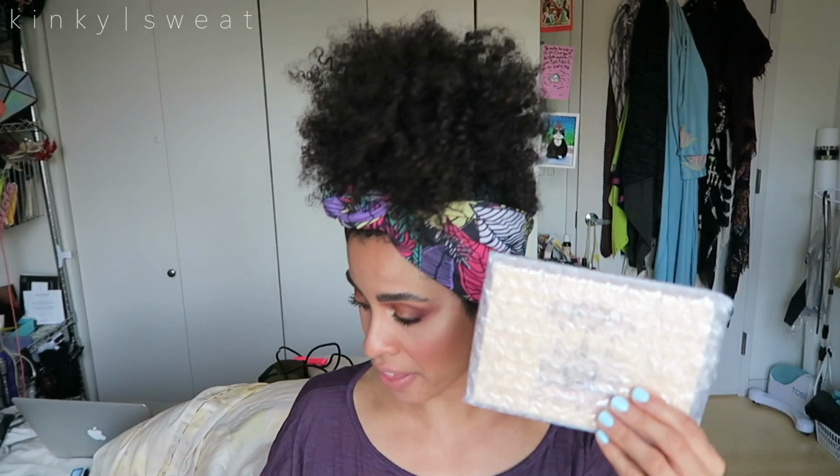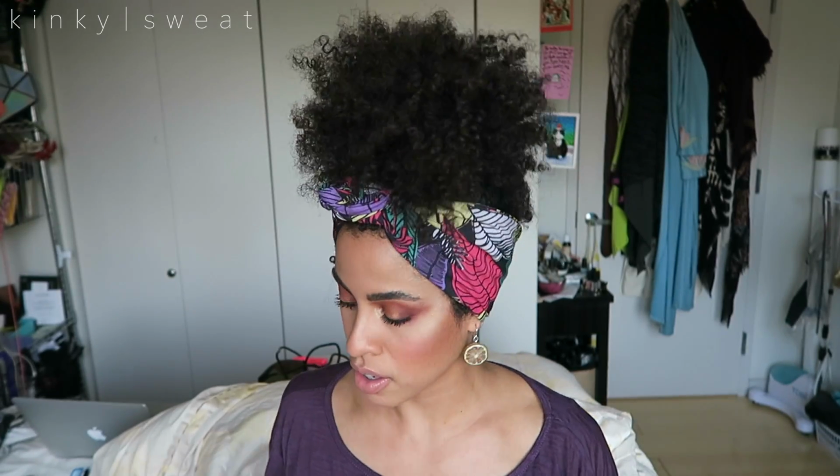Packaging is great. It comes in a box, and in the box you have your bubble wrap sleeve, which ensures that the pans will not crack while in transit. Both of them came like that, and the boxes themselves were well insulated in the carrier box, which is good to know. Confident that you will not end up with broken makeup. Very simple packaging. It does not have a mirror. Not upset about it. I usually stand in front of a mirror anyway while applying my makeup. I will make sure that I have another at hand when using this if I'm not in my usual setting